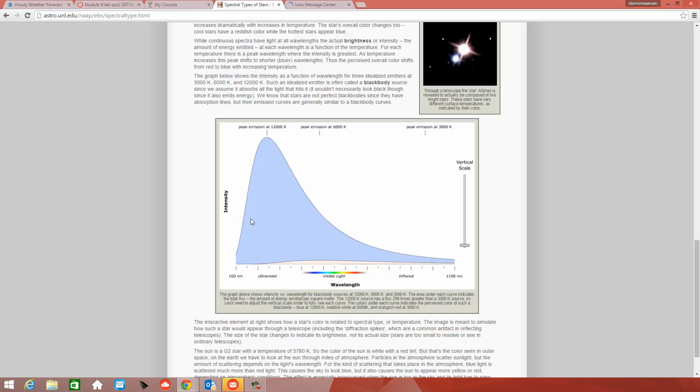And notice this is an intensity versus wavelength curve, and it shows actually 3 stars. You have a really hot star, a 12,000 Kelvin star. You have a really cool star, a 3,000 Kelvin star, and then you've got the star that we are interested in for this question, which is a 6,000 Kelvin star. And notice that as you change this vertical scale, you can zoom in or get more information about these different types of stars. So right now, when you first pop it open, it's going to show you the 12,000 Kelvin